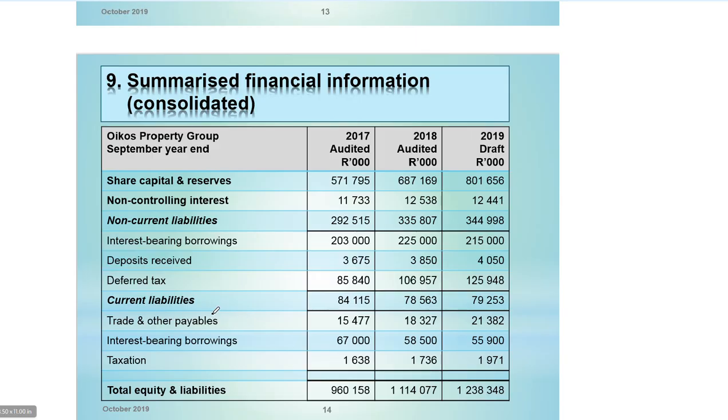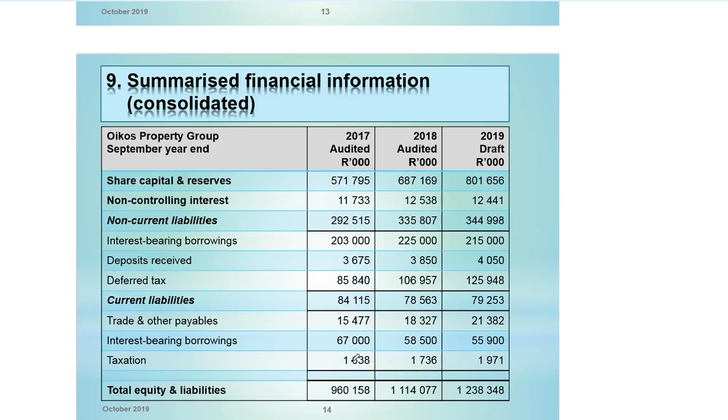Then we're going to move down to current liability. The three current liabilities, trade and other payables. Each year we see an increase. It means that we are not paying our creditors on time. It might mean that now they're going to start charging us interest, which sometimes is good or bad. It is good if it's because you are negotiating with them and they're happy with our negotiations, but it's bad if you're not paying because we can't pay and they're now starting to charge us interest.